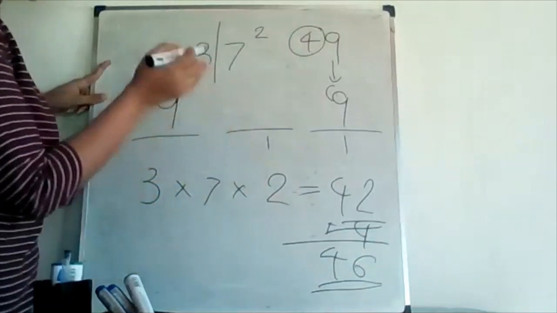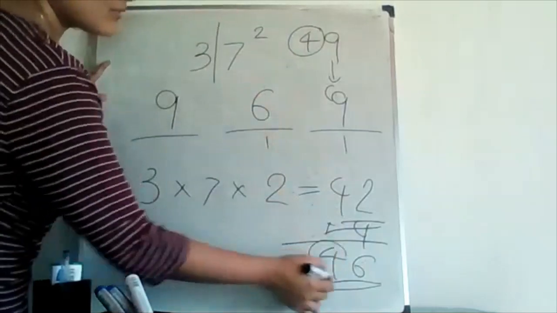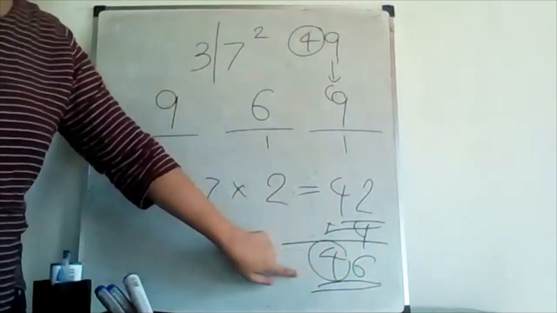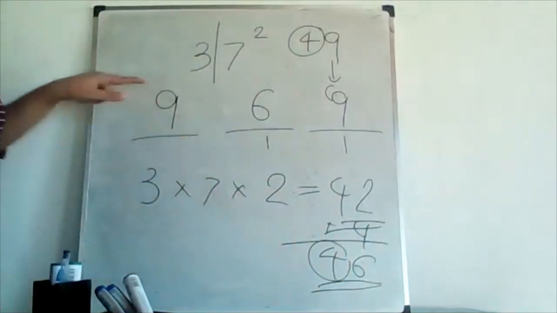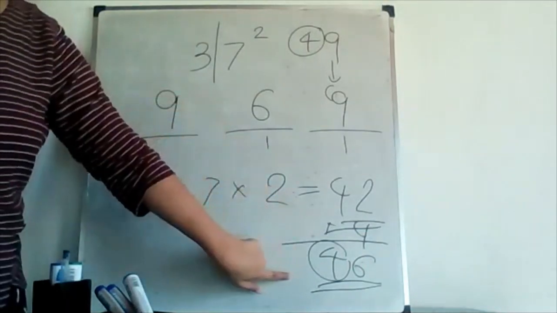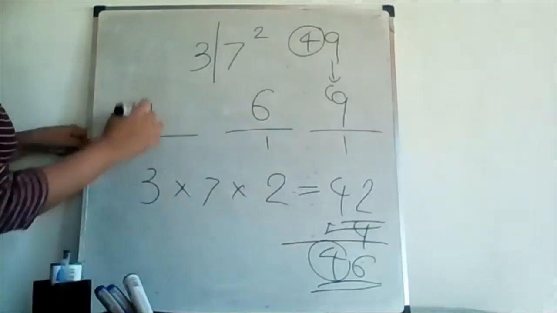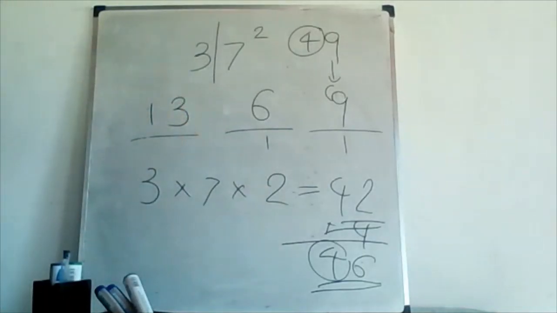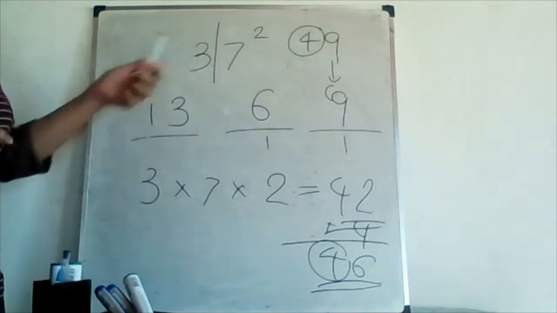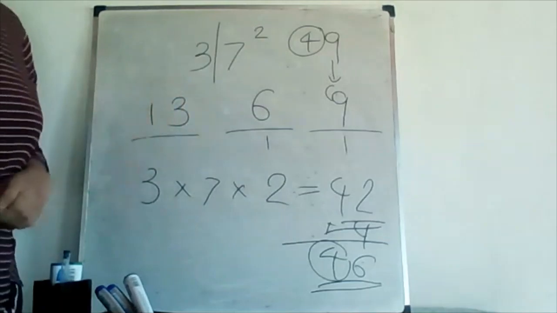And here also only one digit is allowed. That means this 6 should come here, and this 4 is remaining. Finally, this remaining 4 should be added to this value. That means 9 plus 4, that means 13. So this should be updated as 13. So that's all about finding the square value of 37 by using this shortcut. The value is 1369.